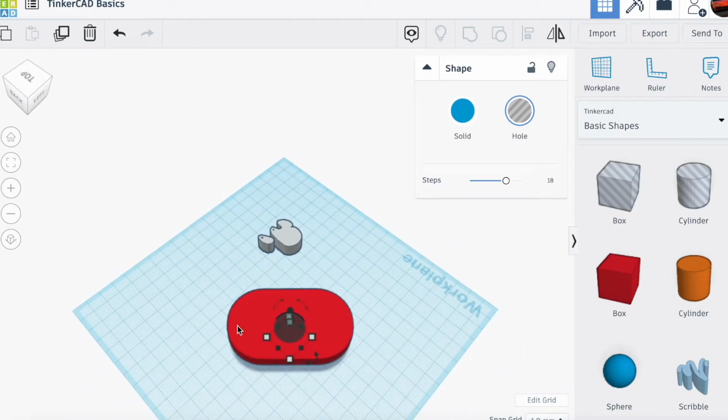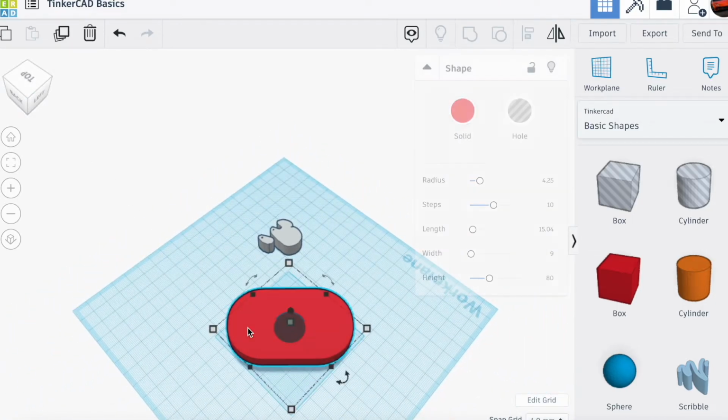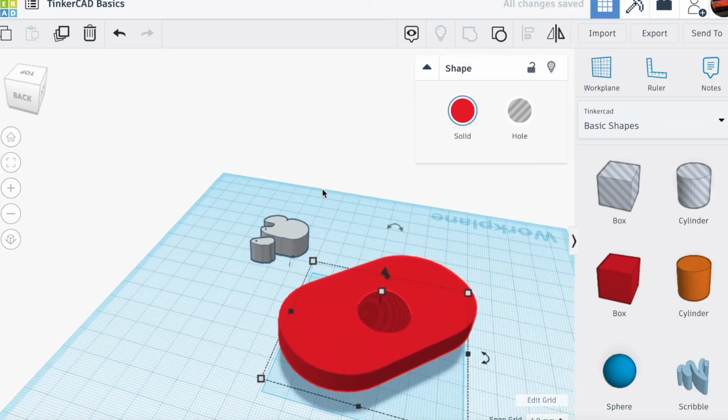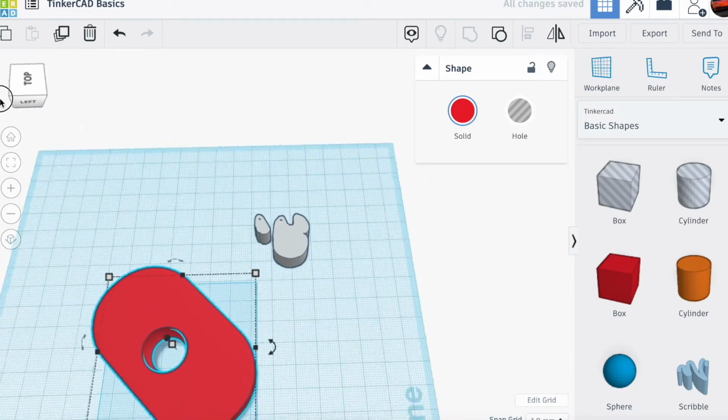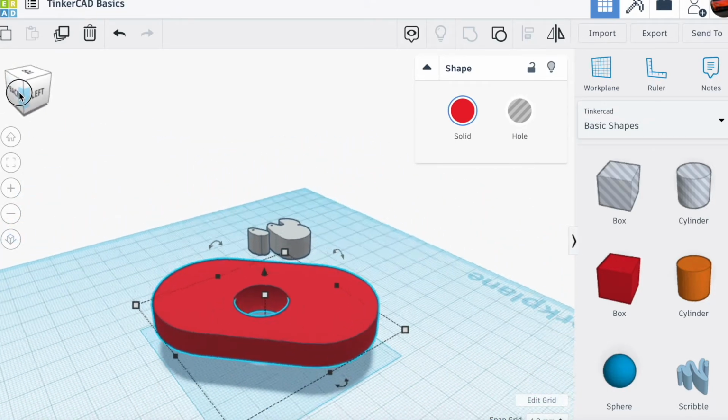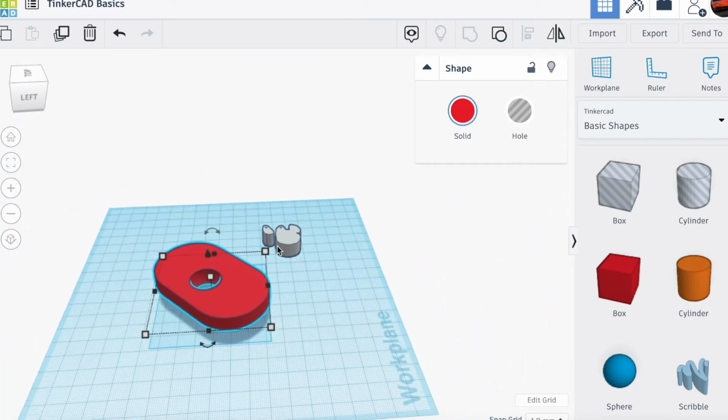The way you do this is by selecting. To select, you click on an object, press the Shift key, and click on another object. And it should say up here, Shapes 2 selected. So now you press this, Group, and it groups the shapes. So now, that's done. You group it, and it will basically become one shape, and it will cut out parts